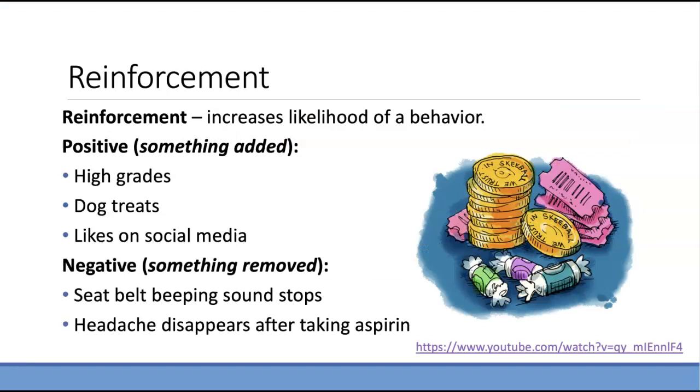So, as I already mentioned, when we're talking about the consequences of a behavior in operant conditioning, it can be one of two things. It can be reinforcement or punishment. So reinforcement, or a reinforcer, is anything that increases the likelihood of a behavior occurring again. There's usually some kind of reward that is either added or taken away, which then motivates us to continue engaging